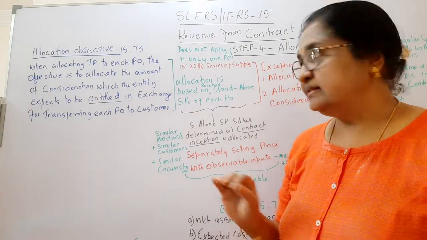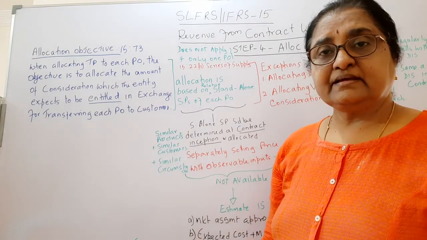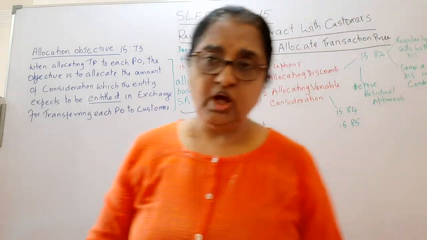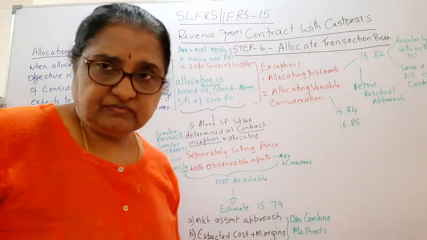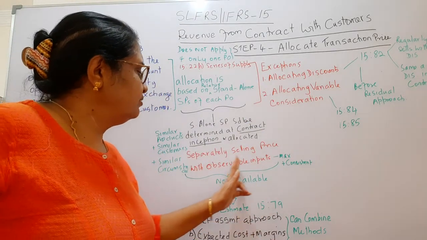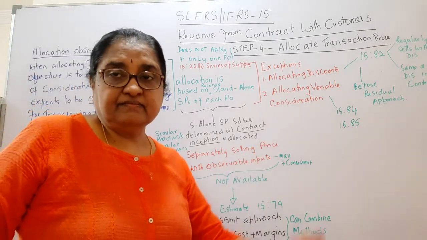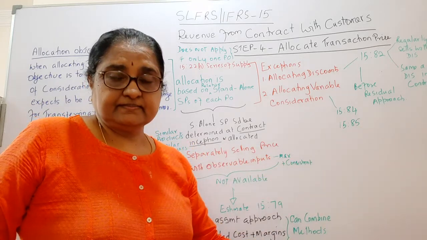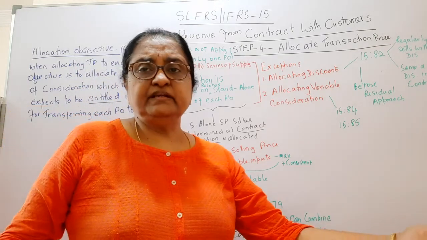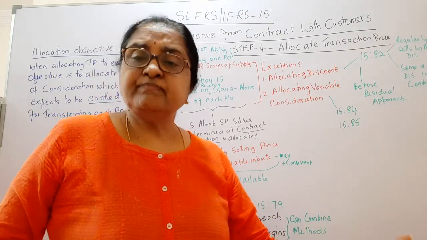Even when you are doing this residual approach, in all three approaches, you have to be very careful that you are satisfying the objective. It has to be consistent and it has to satisfy the objective. That is the main rule of IFRS 15. The other point is you have to maximize the observable inputs, that is, whatever you can observe from the market. Even your competitor's price is acceptable. You can take the competitor price and make some entity-specific adjustment for your cost and profit margins.